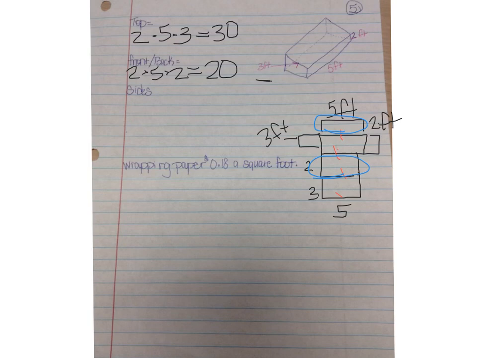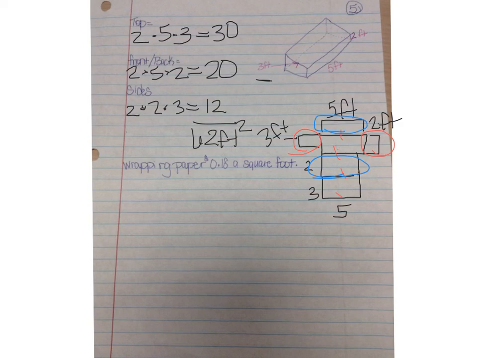Here are the sides. 1, 2. So we're going to do the sides, which will be 2, because there's 2 of them, times 2 times 3, which is 12. So when we add 30 plus 20 plus 12, we get a grand total of 62 feet